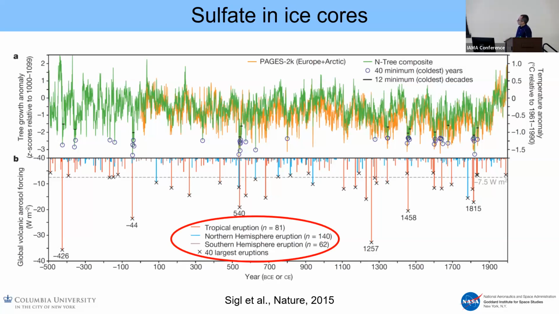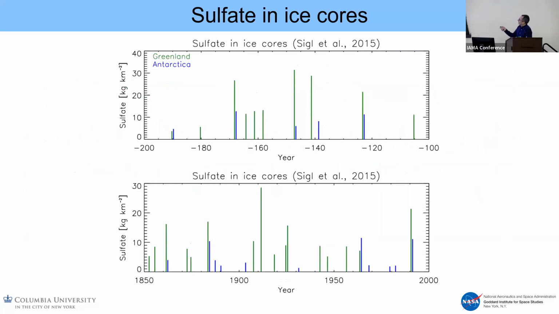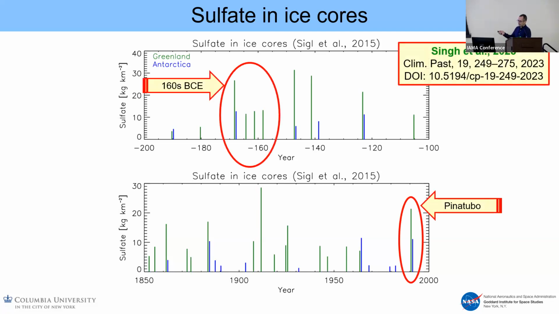And if I zoom into two periods of time only, at the top you see from 100 years BCE to 200, and then at the bottom you see the pre-industrial to present day. There are a lot of eruptions that are interesting. So obviously you all know of Pinatubo, and then there is another type, like a Pinatubo-like. The y-axis is slightly different, but this eruption here is very similar to Pinatubo. And we have published about these 4 eruptions that happened within a decade, and the climate impacts. You can see the reference right there. But the important thing is that we don't know where they are. So if we want to simulate those, we just improvise.